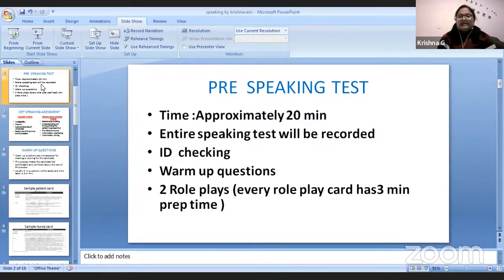Though it is recording during your preparation time, they won't mind. But during your 5 minutes role play card presentation time, if you ask questions, they will explain to you and they will consume all your time. You will not have time to finish your role play card. So be prepared. Speaking is not that tough. You can do it very easily. You just need a little patience to practice and get a good